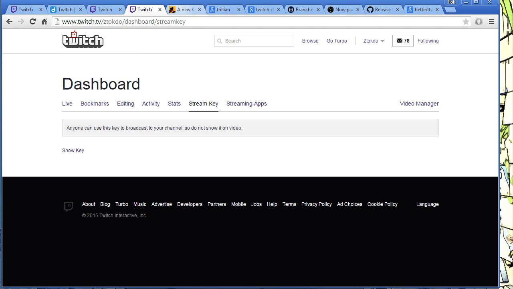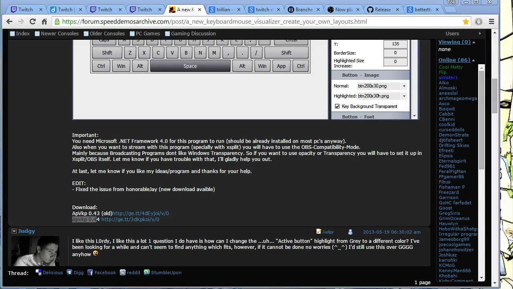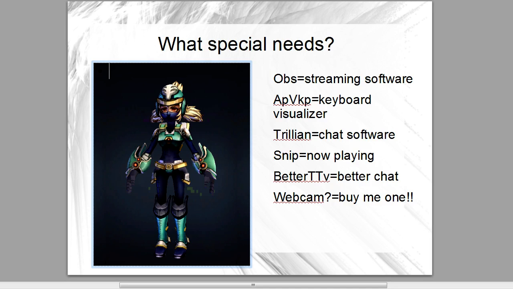What we need to do is start adding some of the bells and whistles to make our stream look nice. Now I just want to review for 1 second where we were at. So we talked about OBS. The bells and whistles I'm talking about are the keyboard visualizer, Trillion, Snip Better TTV, and your webcam. I'm actually not going to talk about the webcam, but next I'm going to talk about the